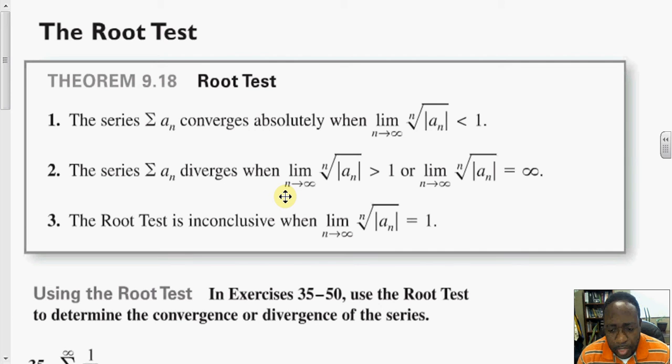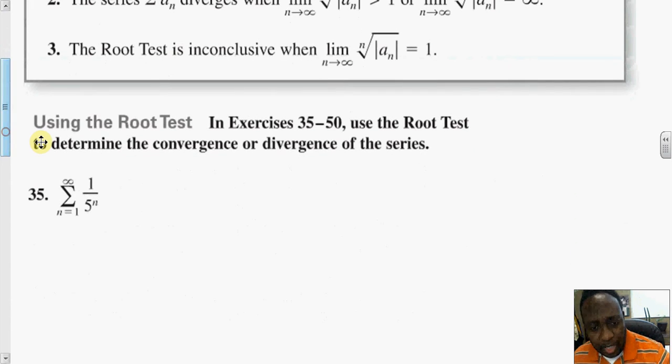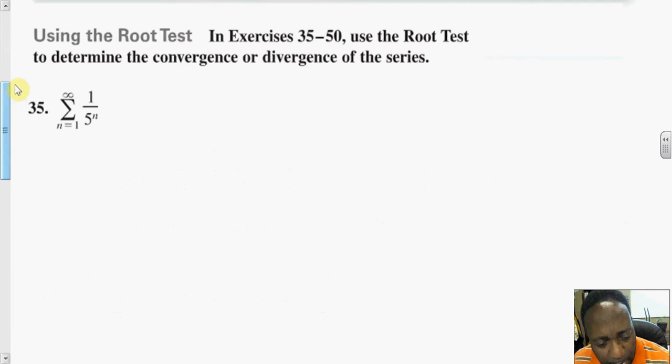This series diverges if that limit is greater than 1 or infinity. The test is inconclusive if this limit is equal to 1. And if this test is inconclusive, that means you know nothing about the convergence or divergence of the series based on the test. You would then have to use another test. So let's apply the